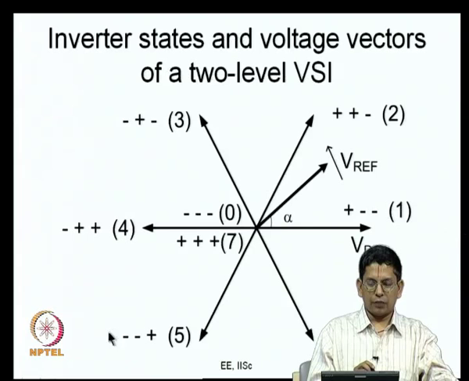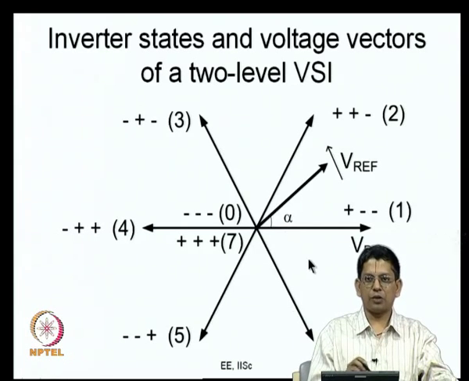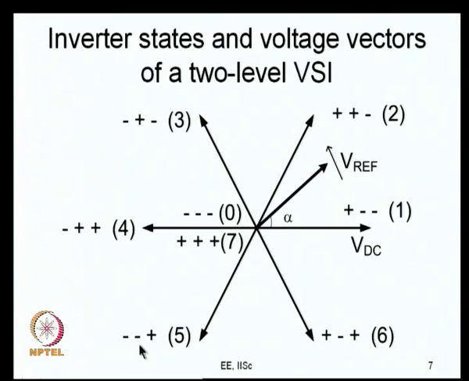So, this is the kind of load, and these are the different voltage vectors. Every phase is like a single pole double throw switch. It can be either connected to the positive throw or to the negative throw. If you look at R phase, it is all positive here and it is all negative here. Similarly, here it is positive, here it is negative. So, R, Y and B can be either connected to positive or negative, and therefore there are 8 inverter states as we discussed before, and of these, 2 inverter states produce the null vector as we discussed earlier. Then the remaining 6 states produce the 6 active voltage vectors.